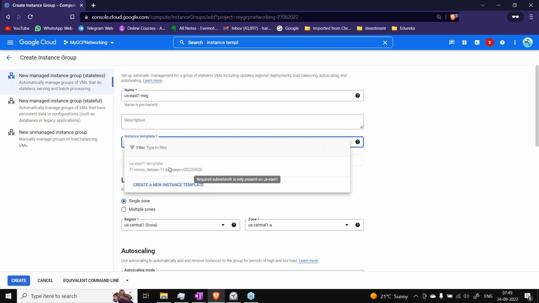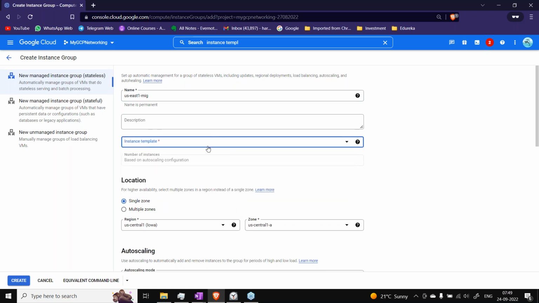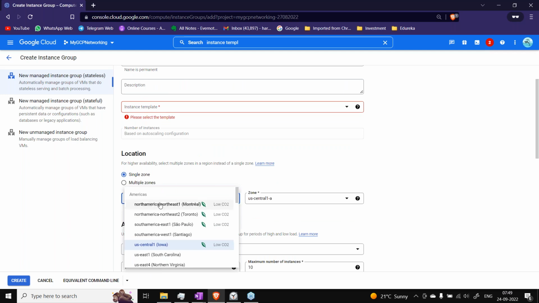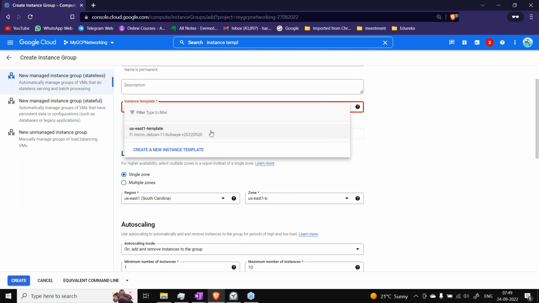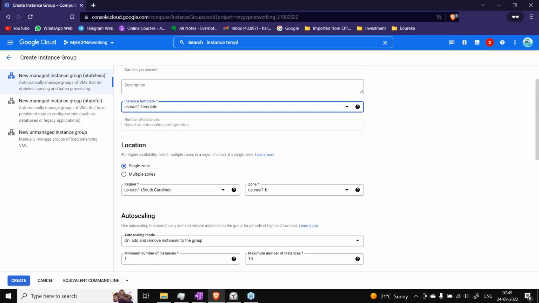So what does it say? Require subnets only. Okay. Since I had created a subnet US East 1, I can now use this particular template. Now I can deploy this particular